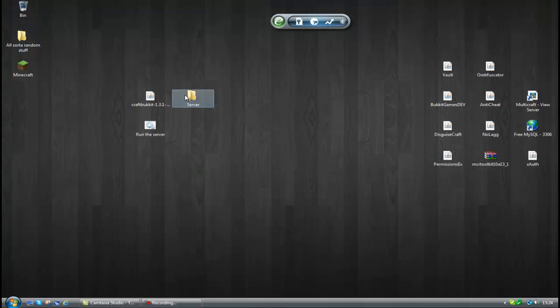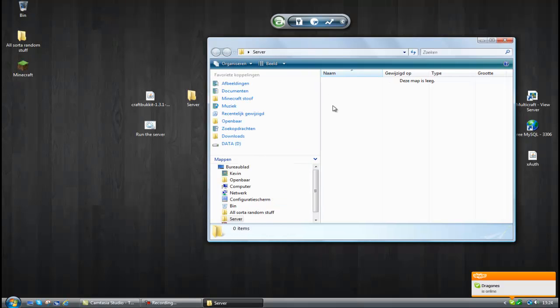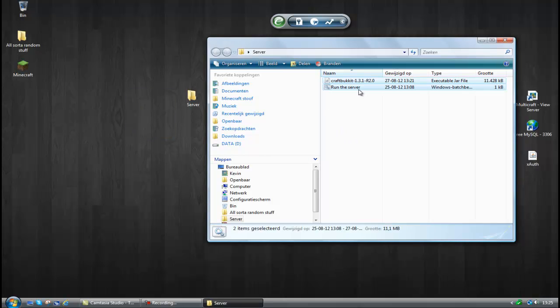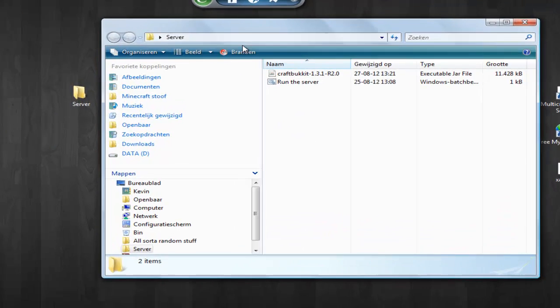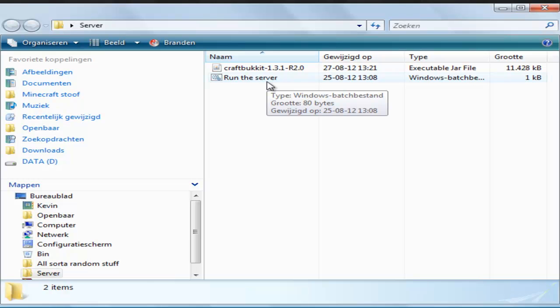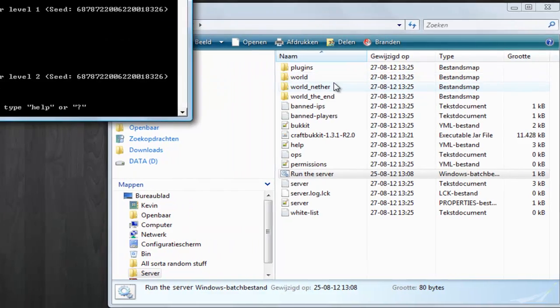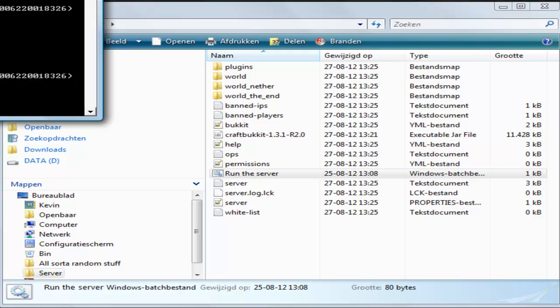First of all, you make a new folder for your server. Open the folder, and okay, I'm back. Open the folder and put the Bukkit and your running badge, if you have one, in your folder. First of all, we want the server to generate all the server files, so run the server. So the server is successfully set up. You can stop the server from running